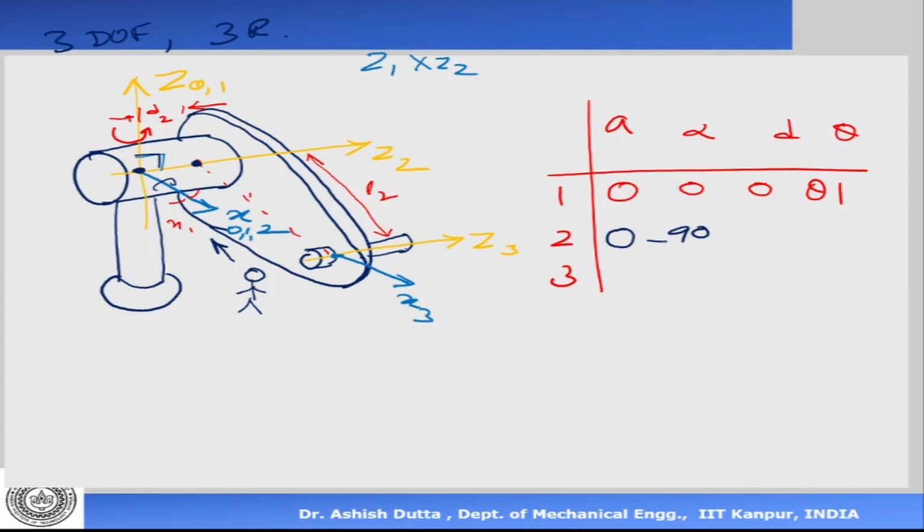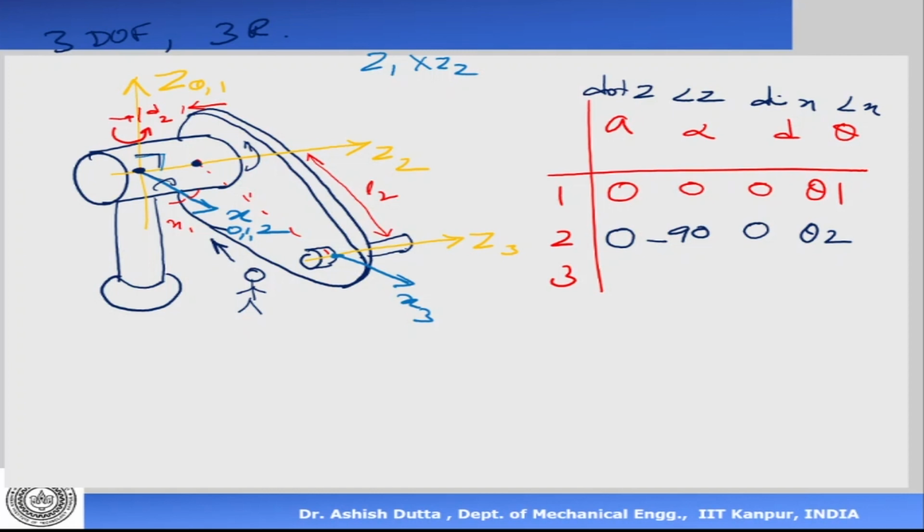Now what is the distance between z, the angle between z, the distance between x, the angle between x? What is the distance between x? Now x2 and x1 are the same, so there's no distance, so there is 0. And when it rotates, it goes up and down like this. So this angle will change between x2 and x1, so that's my theta 2. Okay. Now look at frame 3 and frame 2.